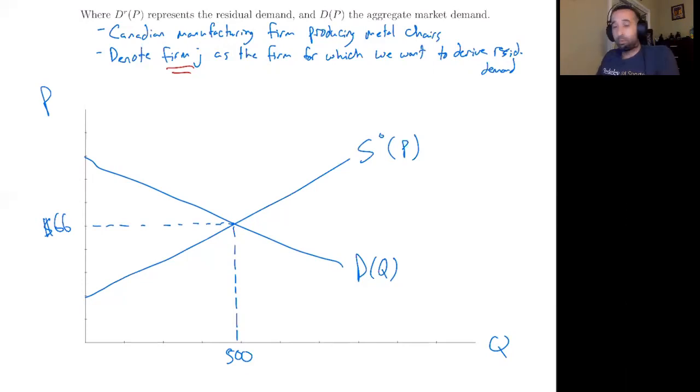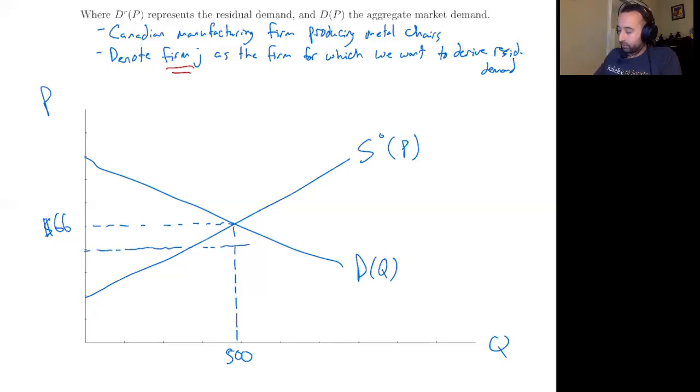And so at a price of $66, what does that mean? Well, that means that the market clears with this supply curve. So that means that at a price of $66, the residual demand for firm J is zero, right? Because all the demand is met by all the other firms because the market is clearing at a price of 66. But let's say, for example, that we had a price of 63